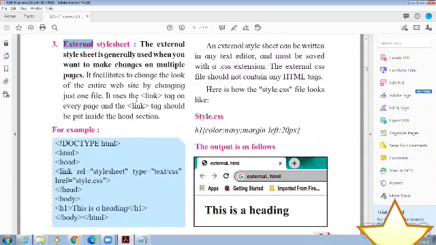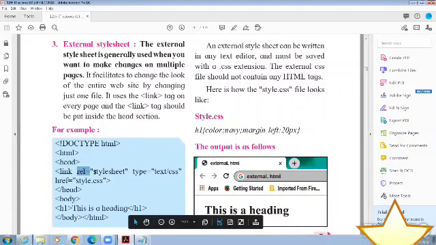Now here, what is the syntax? The syntax comes with the link tag. We use the link tag within head section. In the previous internal CSS, we saw the style tag inside head section. Here, the link tag inside head section. Now there are three attributes of link tag. What are they? REL, the value of REL is stylesheet. REL stands for relationship. Next, type, the type is text/css. And href, that is hypertext reference. What is the reference given for this page? It is